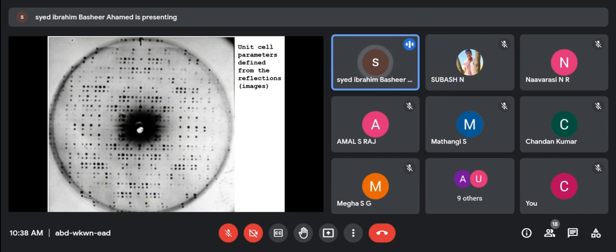You do not know where you got this from, right? Somewhere you have brighter spots, somewhere very light, and a faint spot. So how do we know this? What is the x-axis here? What is the y-axis here? What is the z-axis here? We do not know this. But there is a mathematical formulation to convert these, and we can find out the atomic positions. This is a very basic thing, that's why I'm giving limited information.